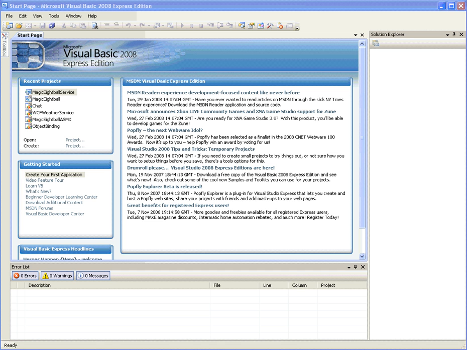This Visual Basic Express Edition has many of the features that the regular Visual Basics have, except there are a few less objects and things you can work with. At any rate, let's get started here. First, we want to go to,